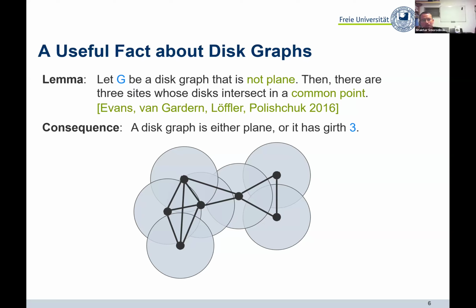I mean, it's the contrapositive, right? It means that if no point belongs to 3 disks, so at most 2, you want to say that it is planar. This is true even for pseudodisks, and it was basically shown in this 86 paper by Kedem, Livne, Pach, Sharir about the union complexity of